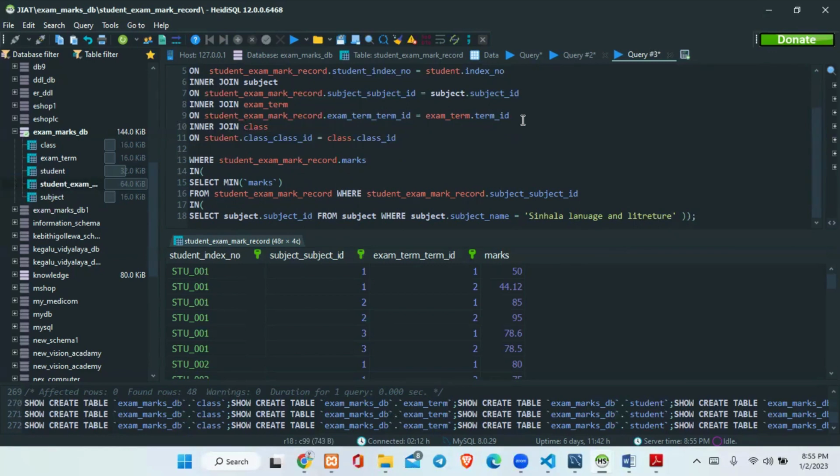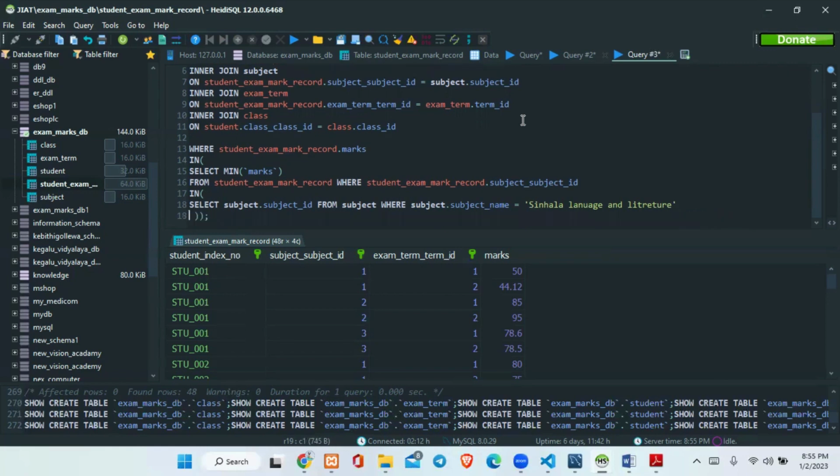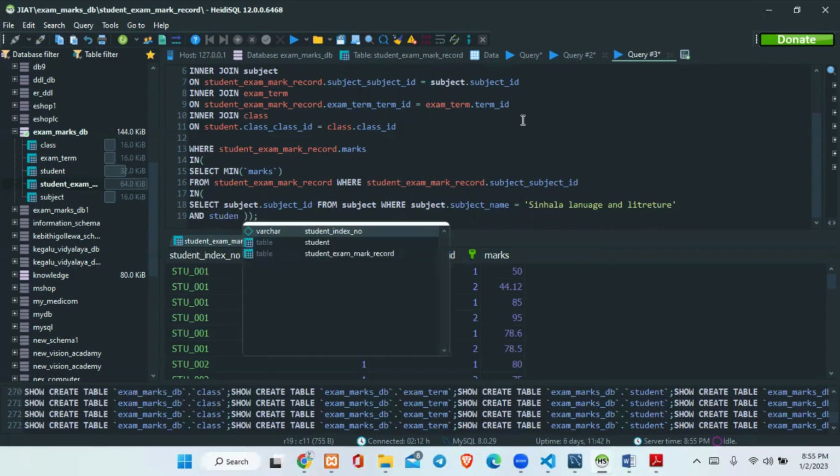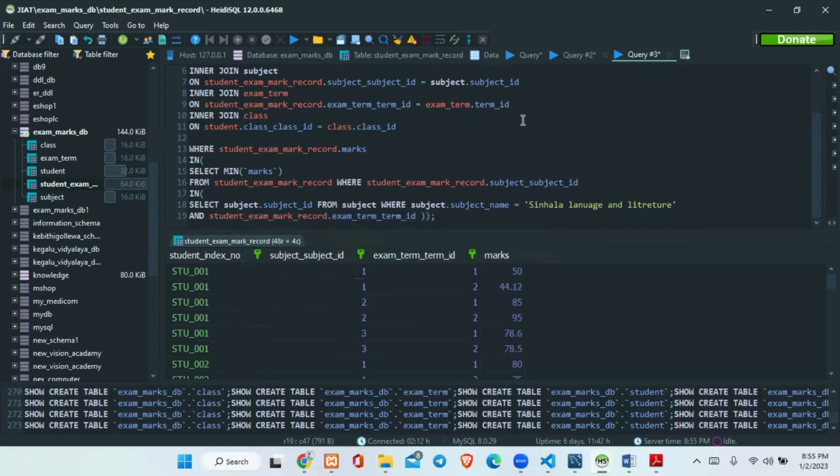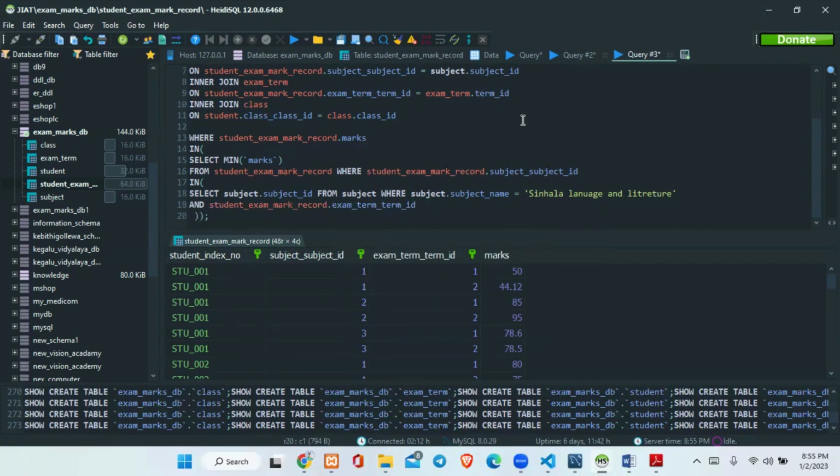So next I'm going to give an and condition and student exam mark records. So I'll give it over here, and student exam mark records dot exam term ID, and then another subquery in